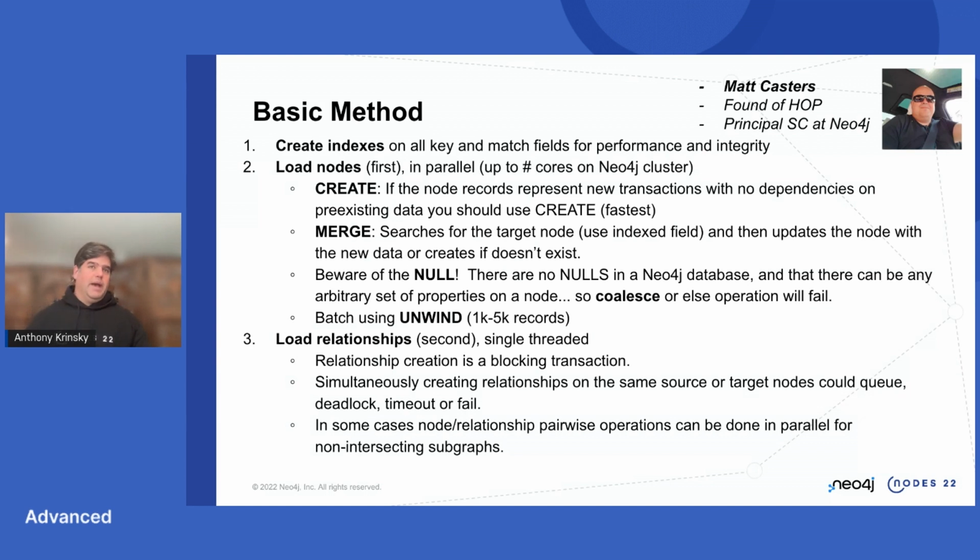Also be mindful of batching. It's very inefficient to create a Cypher statement per record when you're loading Neo4j. Do use UNWIND, and a good batch size is 5,000 records. Certainly something greater than 1,000 is going to increase efficiency. You can't batch too big